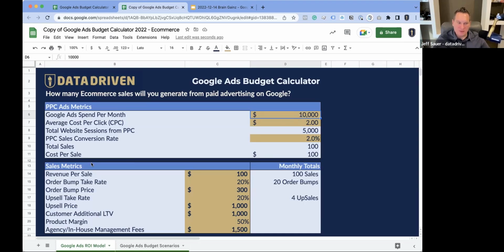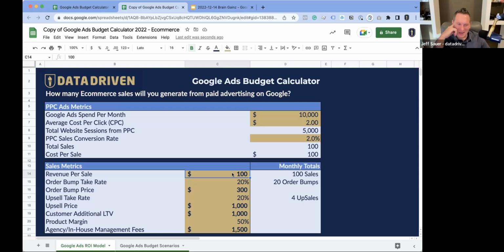The other thing here is this is for e-commerce. So this is using what I call a funnel style, a tripwire style product, because it's basically assuming that you're going to get some revenue on the first sale, but then you have a bunch of other upsells that are going to increase the revenue overall, and that will bring the campaign closer to profitability. Like I said a few minutes ago, this is data driven.